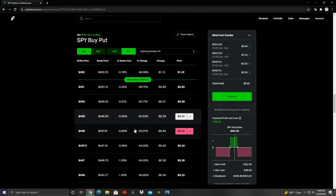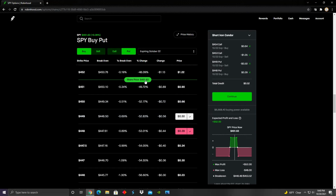So I'll use the put credit spread as the example for this. So let's say, to calculate our max loss, for example, the share price dropped to $448.99, right? So for each penny that our share price drops below the strike price of the short contract that we have, our max profit loses $1. So if the share price on expiration date is $448.99, our max profit will be $51. If it's $448.98, our max profit will be $50, and so on and so forth,